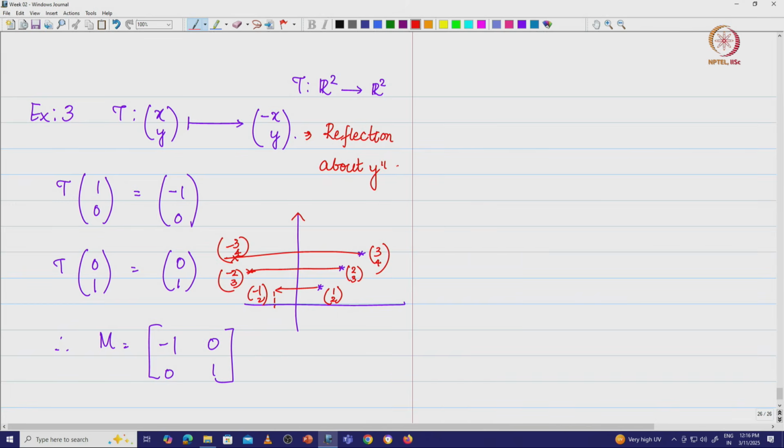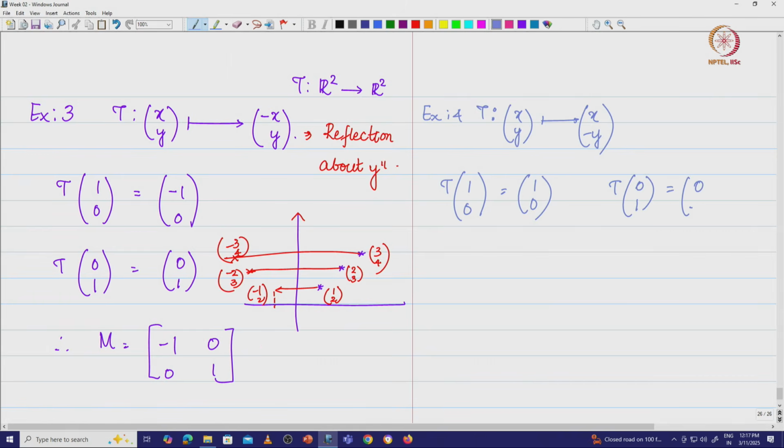Now, can I do a reflection about the x axis? Of course, I can do. So, the transformation is going to look like this. It is going to take vector (x, y) and map it to (x, -y). So, what is going to happen? T of (1, 0) is going to remain as (1, 0), and the transformation on the vector (0, 1) is going to give me (0, -1), which means I have this,